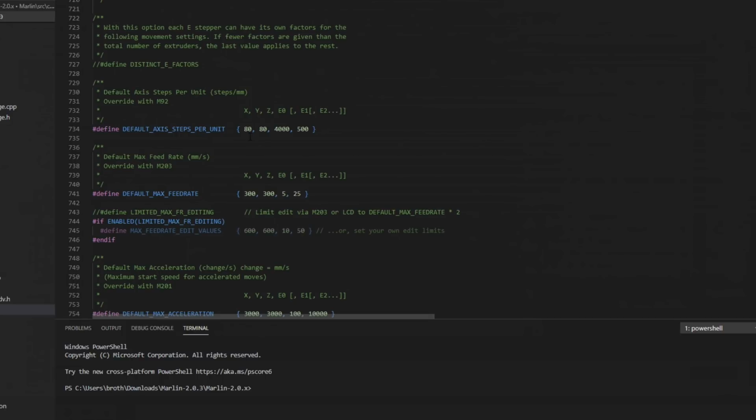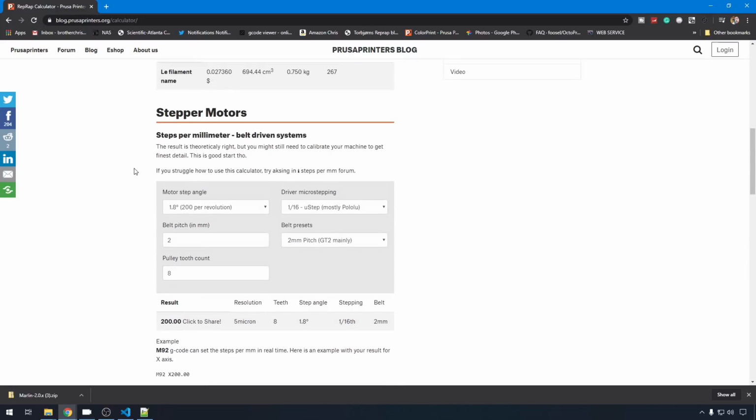Now we're down to the axis step per unit. This is the setting that tells your motor how many steps it takes to move a millimeter. This depends on how many teeth you have on your pulley, what type of belt you're using, what type of lead screw you're using, and the extruder gears. What's the ratio on those gears? Some are 3:1, some are 1:1, so you need to know a lot about your printer to be able to set these up. And if I've never showed you this before, the Prusa calculator is a great place to go where you can enter in all your parameters, and then that'll spit out a number